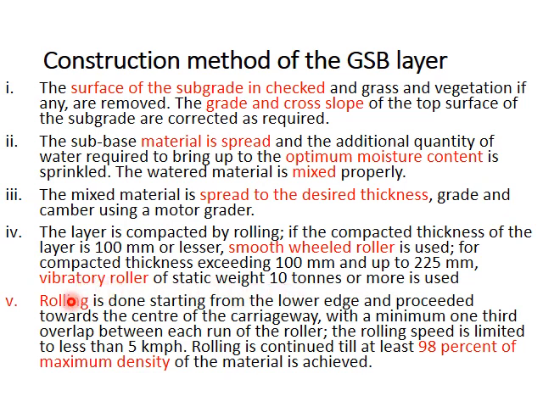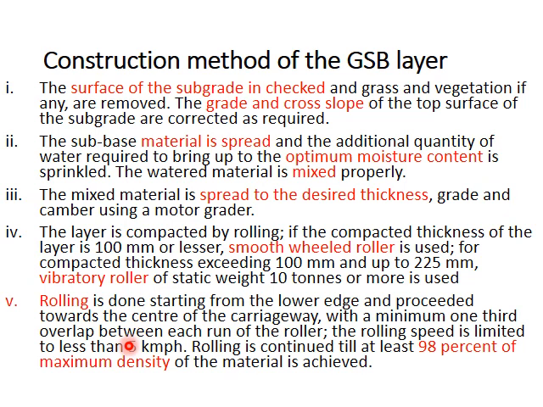This rolling procedure, that is the compacting procedure using the roller, starts from the lower edge of the pavement. Lower edge means the edge closer to the shoulder. Then it proceeds towards the center of the road. With each rolling movement, there will be a 1/3 overlap of the previously rolled section. So every section will be rolled with a 1/3 overlap.